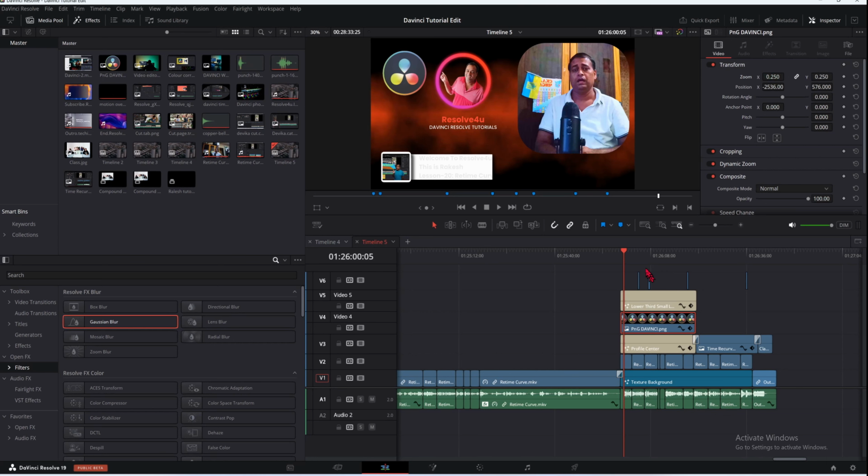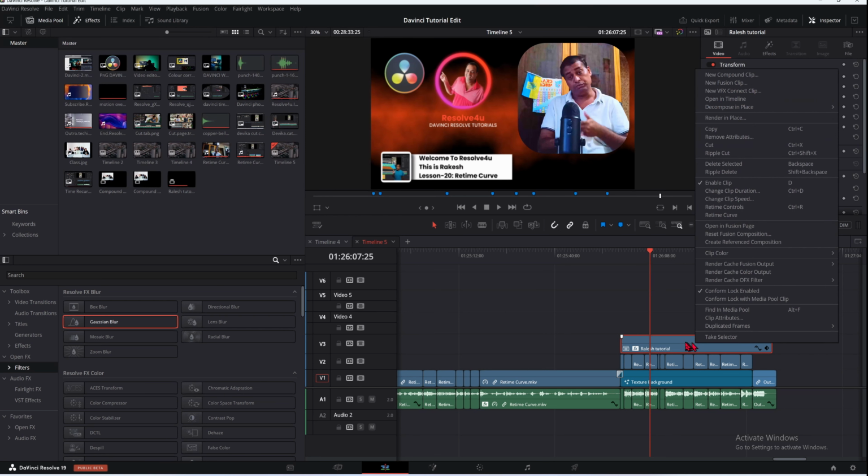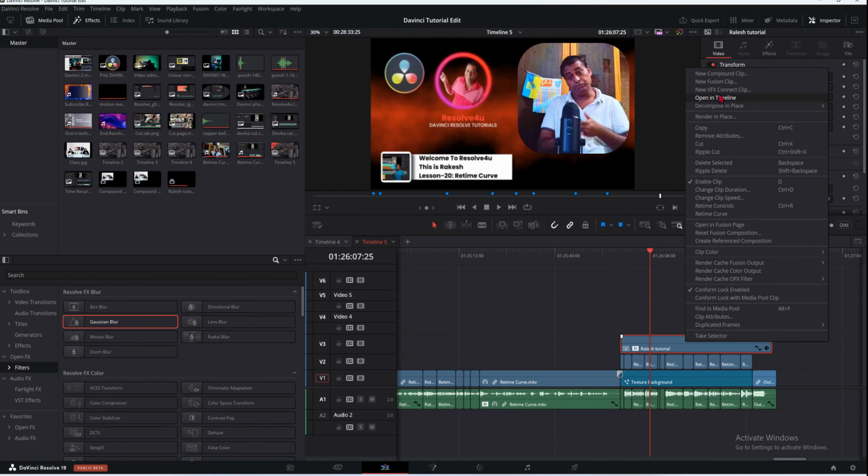You can apply on your clips, and in a compound clip there are several clips. Actually, this is the work of our clips. If you want to drag from one place to another, you can use this. Just I want to return. I want to tell you a very important thing. Just right click here and open in timeline. Here you see, open in timeline.